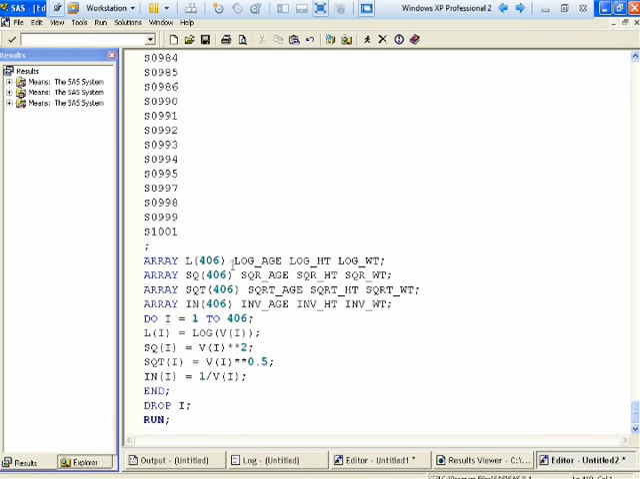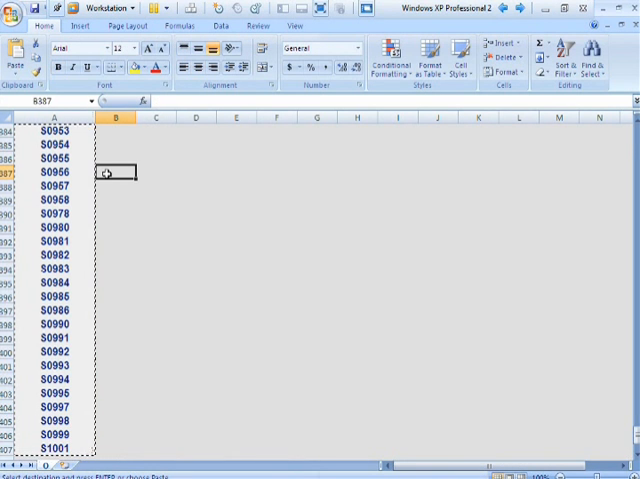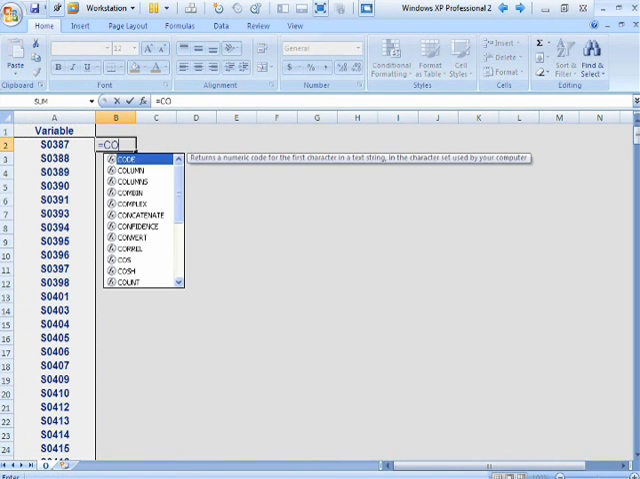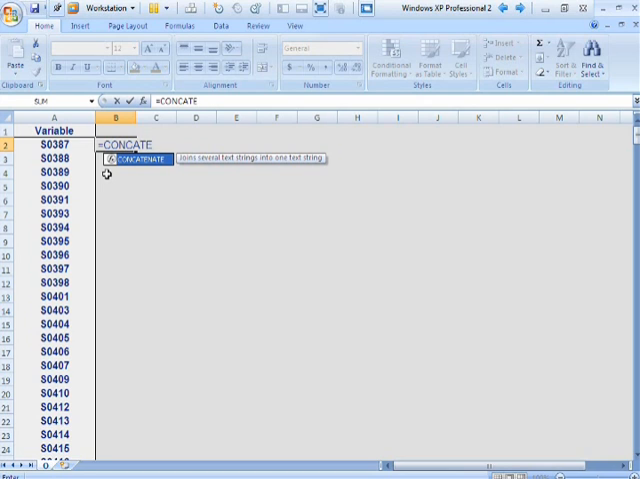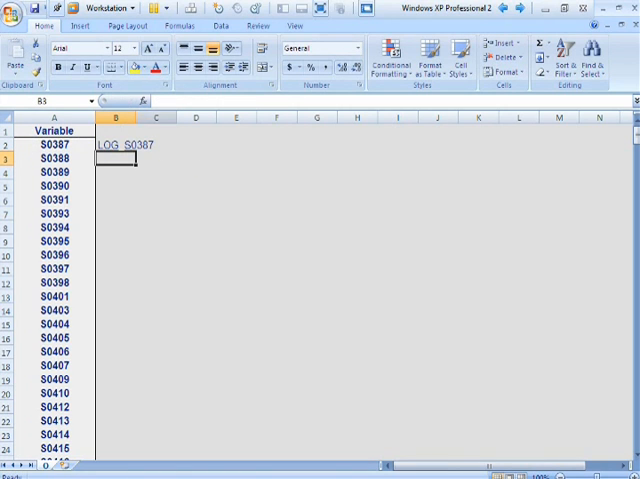Now what remains for each of the transformations is that I need to prefix each variable by something like log underscore, square underscore, square root underscore, which can easily be done in Excel through the concatenation function, right? So if I apply the concatenation function here, log underscore is a constant string added to this variable name. Similarly, I can probably